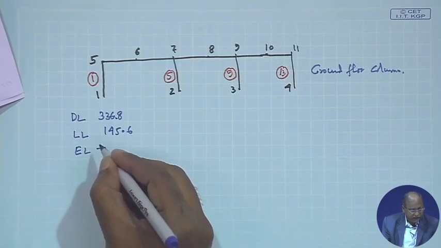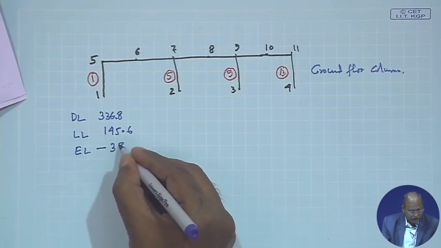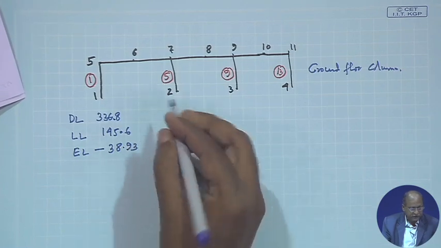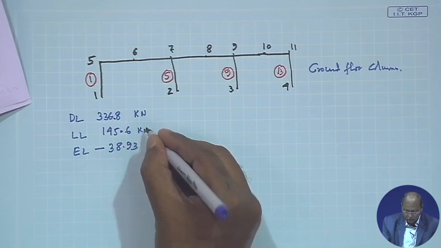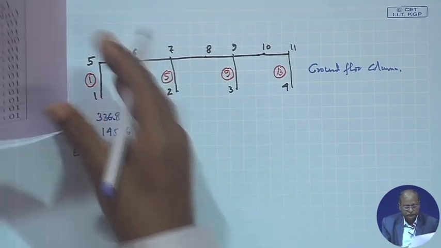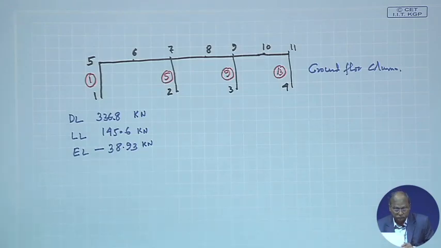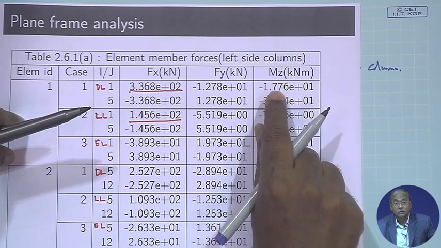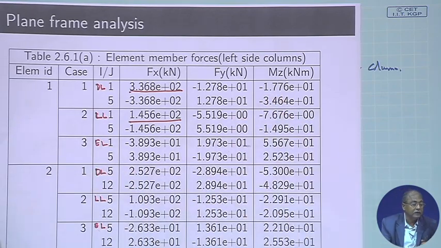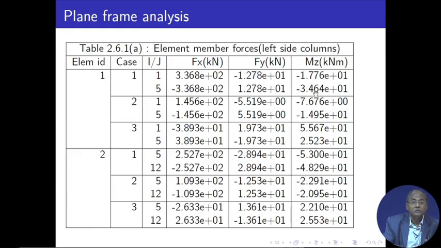Earthquake load, it is negative the other way. So, 38.93, that is the 1 kilonewton, and we are getting it here, that moment, this moment, or here I can show you this one here, that minus 1.776 minus 3.464, that is the top one. So, I shall note down here at the bottom